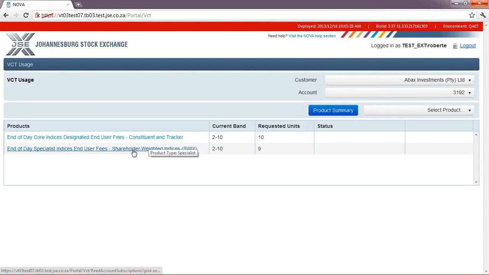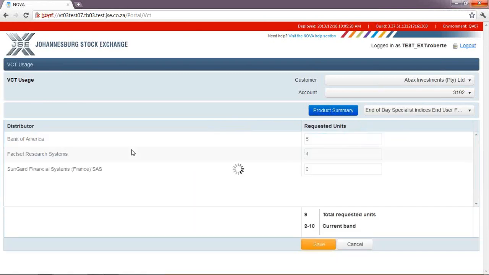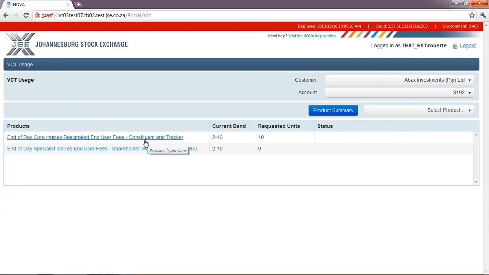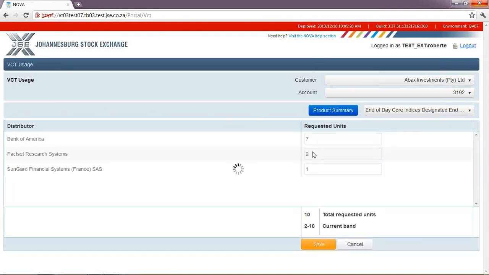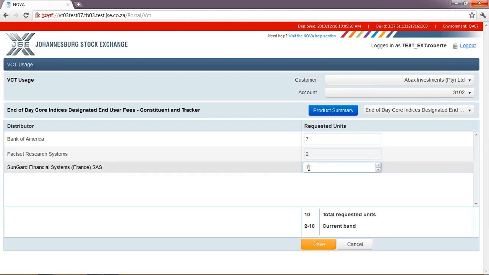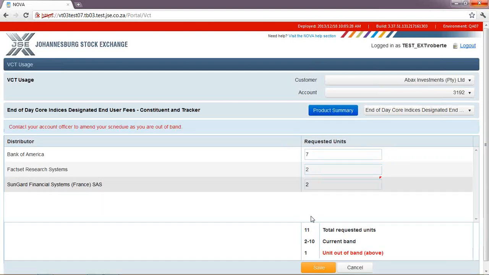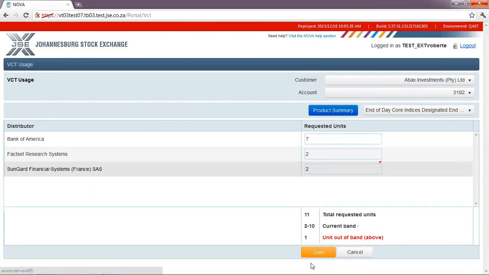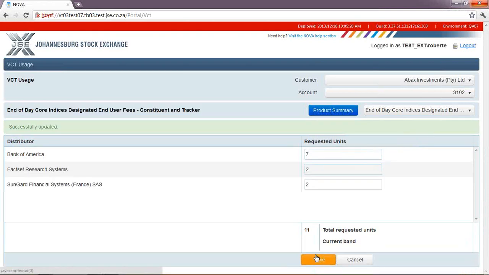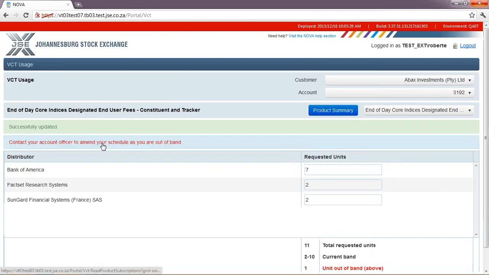Other than that, you can also go straight into another product and make some adjustments. If I go back to this product here, I can change that again at any time. If I click in there, I can go up to 2 distributors providing this data to me. If I update that now and save it, it will save, but it will also give me a message that my band has been breached and I need to contact the officer